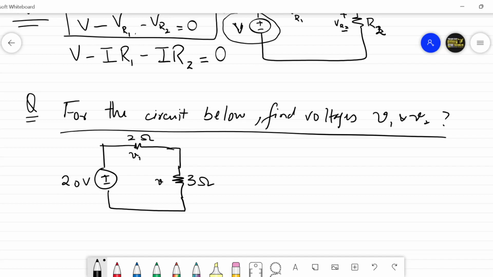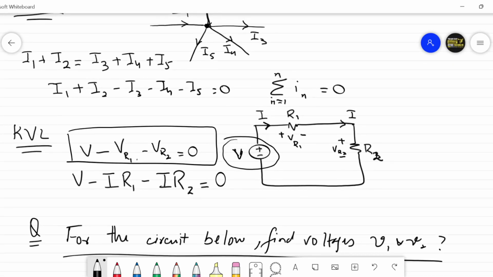Sir, 8 volt and 16 volt. 12, yes, 12 volt sir. 8 or 12. Sir, V1 is equal to 8 or 12. V2 is equal to 12. Okay, Sir, so 8 or 12. Fine, you have to find V1 and V2. 8 and 12. Okay, so someone was first asking for proof.